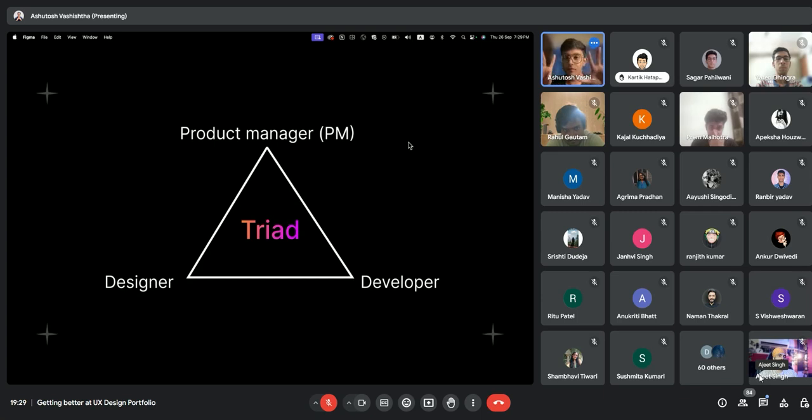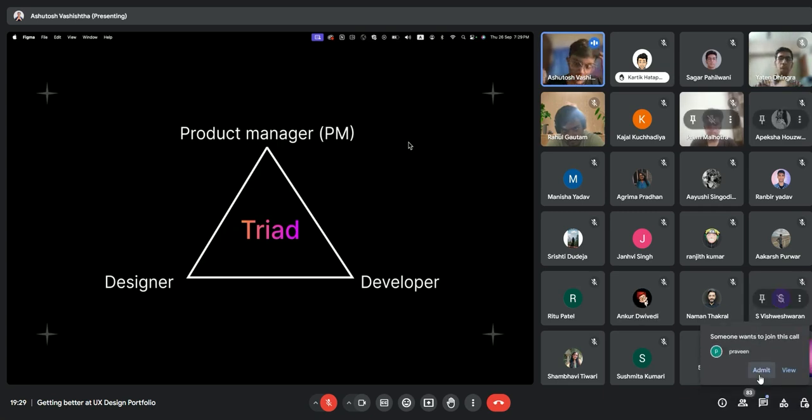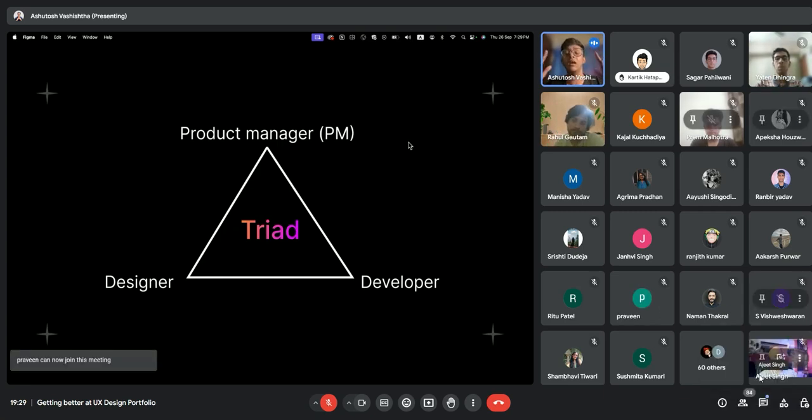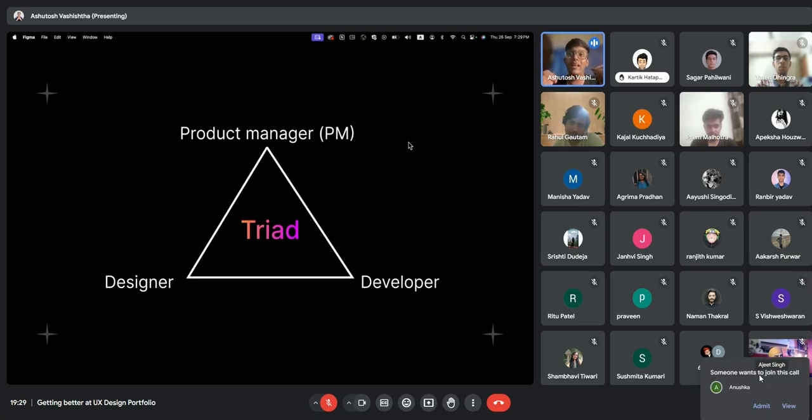Also, coming back to this, folks, understand that every person here is trying to solve a problem, a business problem. Okay. The PM tries to solve a problem from a business perspective, right? How to gain more subscribers, etc. The designer solves a problem from a user perspective. Okay. The PM will say, okay, we want to increase subscribers, for example, for Netflix. But the designer will come and say, okay, that's all right. I understand that we want to increase the subscribers for Netflix, but